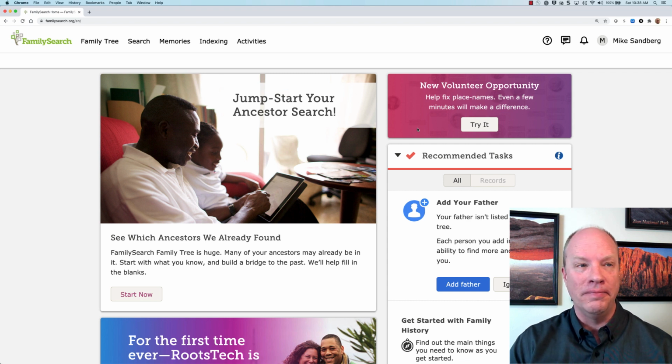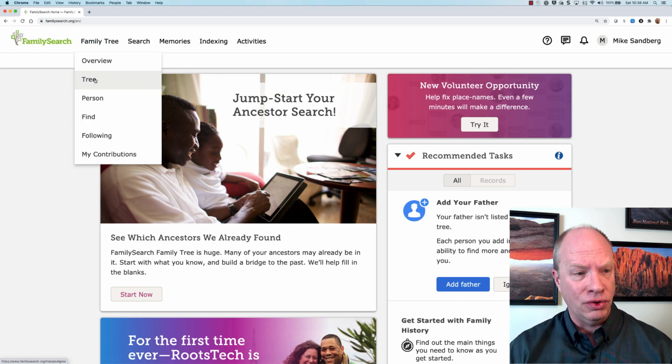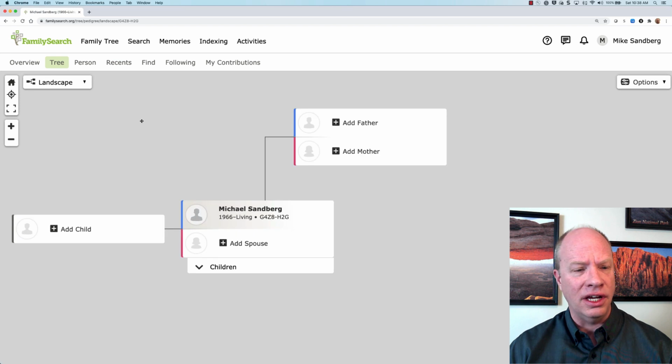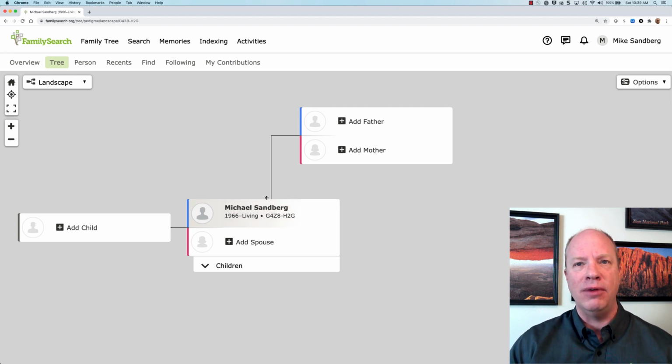So let's get started. I'm already logged into FamilySearch here as myself. So we're going to go to the menu. We're going to click Tree here. And you'll see I drop into this landscape pedigree chart of my tree. I'm in this first position. The goal is to add our living family members as far back as we can until we hit deceased people in our tree that could possibly be in this family tree, and try to find a match there. Because once we do that, then it can open all kinds of doors to new discoveries.